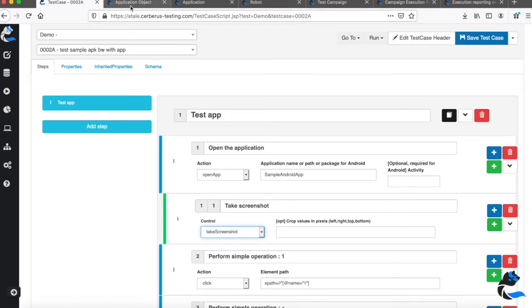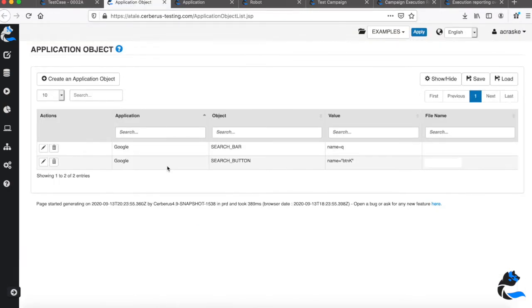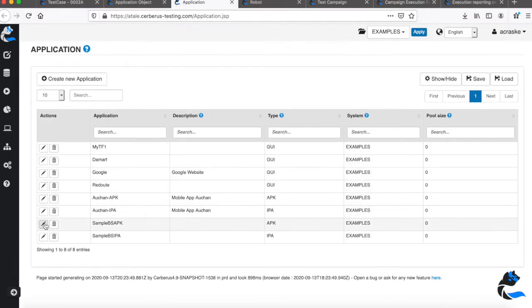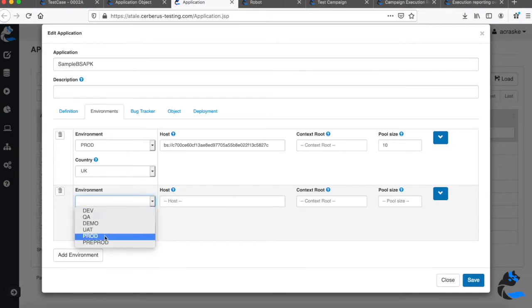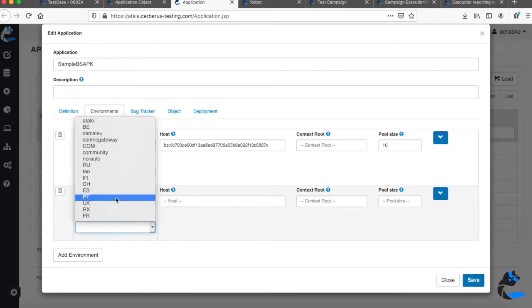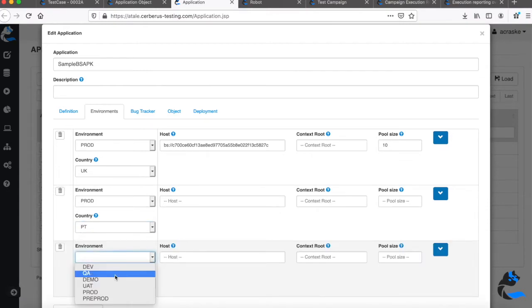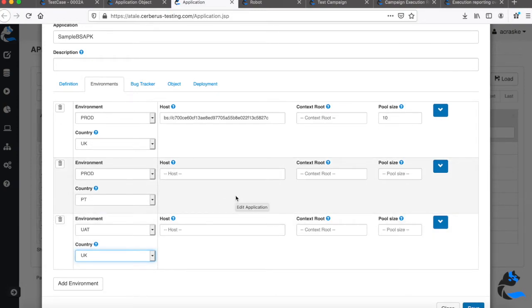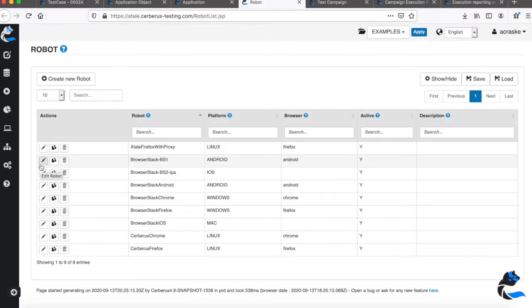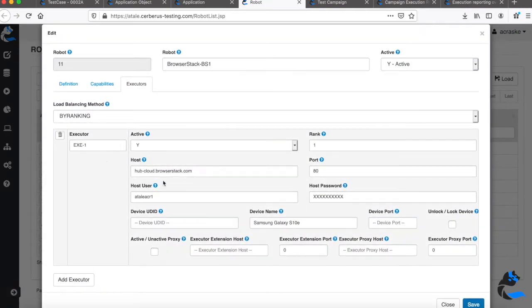You can also define reusable application objects through your entire test, so this helps you a lot to simplify the maintenance of specific objects. And in the application, then you can reuse the exact same test case, for example, on the same environment production but for a different country, but as well in a different environment for the same country, and this allows you really to reuse your tests, make them more maintainable and scalable for your approach.